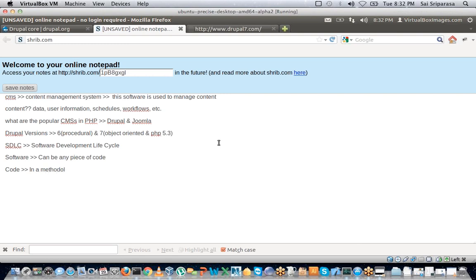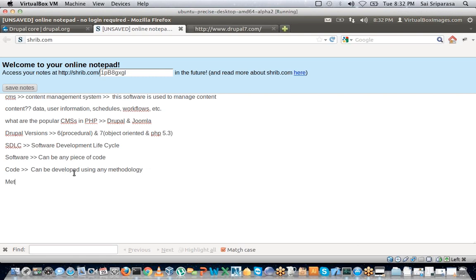Okay, so SDLC, software development lifecycle. Software can be any piece of code, and code can be developed using any methodology.